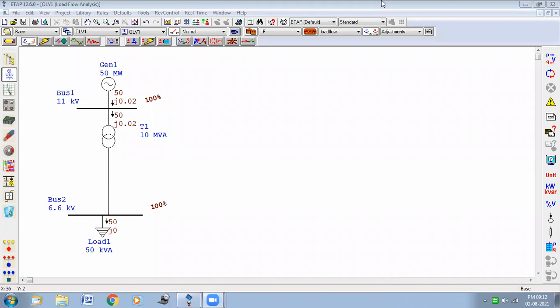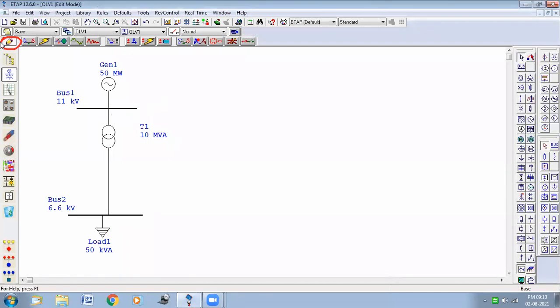Then again go to this edit button, this pencil sign, this is basically the edit button. Click on this edit button. Next you have to select the relay, CT and circuit breaker. This is the protective component. For this non-directional protection, we need only the CT. Only the current transformer is required. No PT is required for this case.